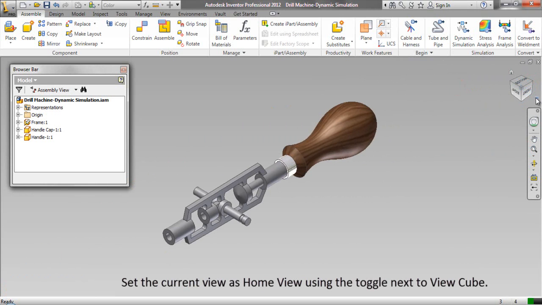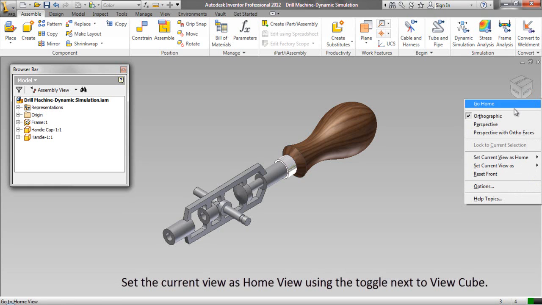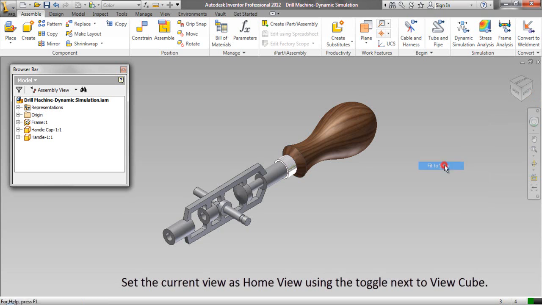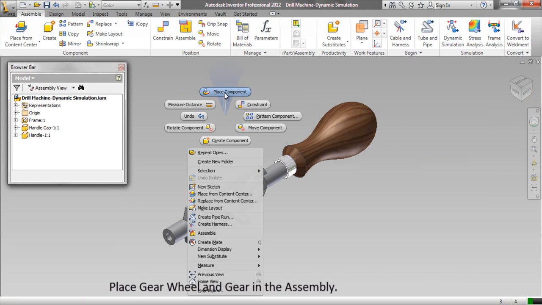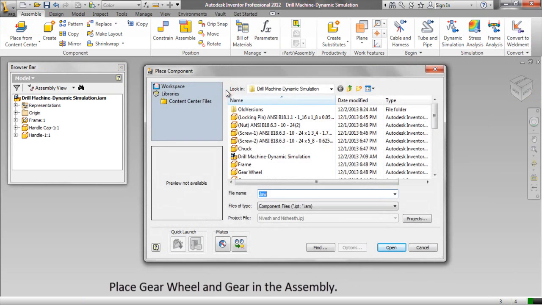Set the current view as home view using the toggle next to View Cube. Place gear wheel and gear in the assembly.